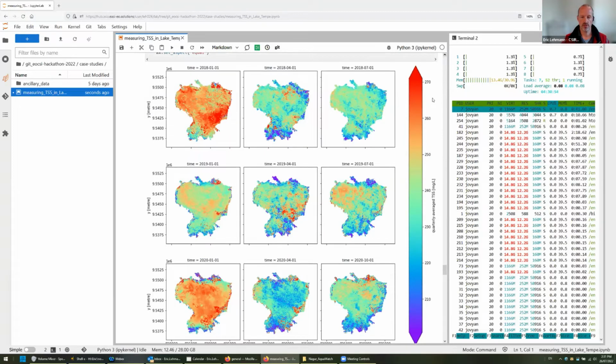In this plot here, just for demonstration purposes, you can see how things start to evolve through time. You can start to understand the dynamics of TSS through time, quarter by quarter. And what you will see is that